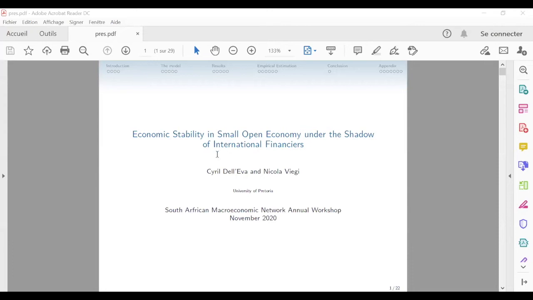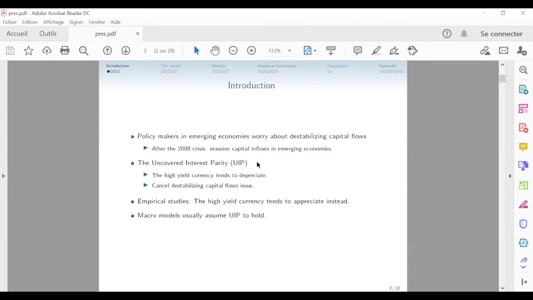Good afternoon, everyone. I'm going to present a paper entitled Economic Stability in Small Open Economy Under the Shadow of International Financial Markets. This is a co-written paper with Nicolas Vieggi. The idea and the motivation of this paper comes from the fact that policymakers in emerging economies worry about